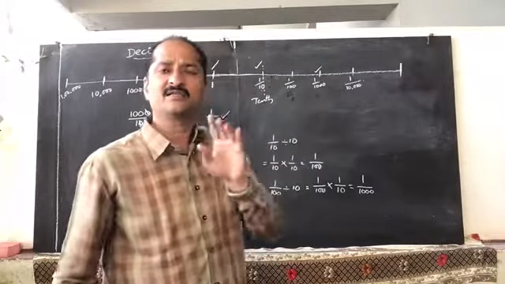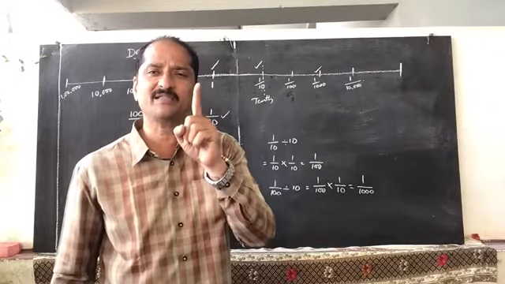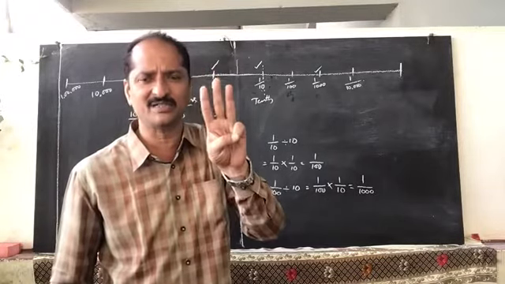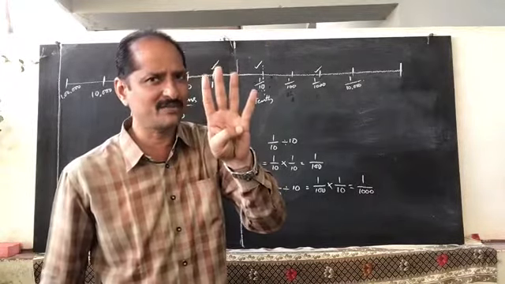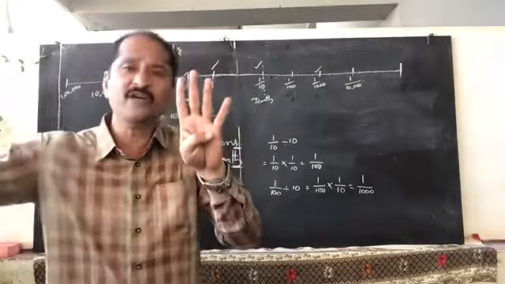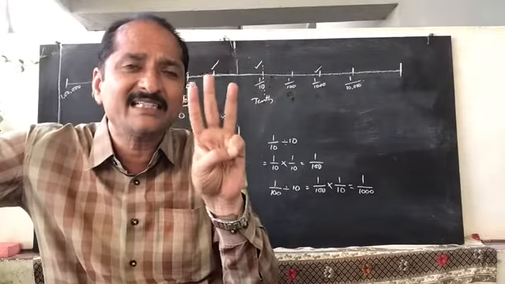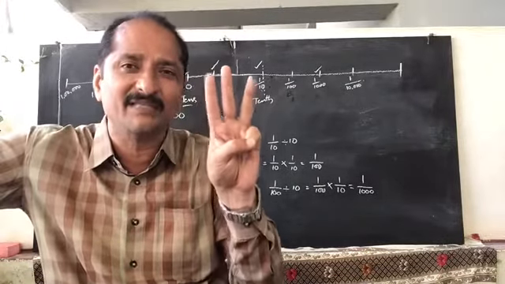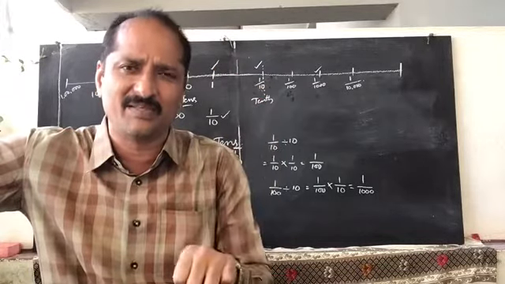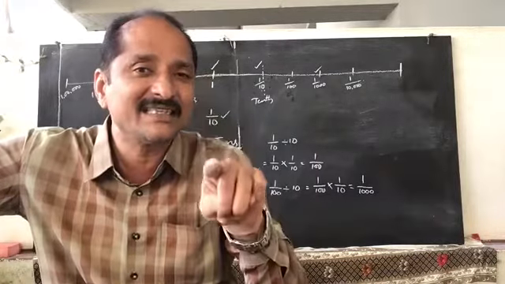That means for every decimal place there will be a 1 with zeros. In the first decimal place, there is 1 followed by 1 zero. Second decimal place has 2 zeros. Third decimal place has 3 zeros. Fourth decimal place has 4 zeros. That means 4 digits in the decimal part. If a decimal contains 4 digits in the decimal part, that is the fourth decimal place. If it contains 3 digits, that is the third decimal place. If it contains 2 digits, that is the second decimal place. If it contains 1 digit, it is the first decimal place. The first decimal place is not 1th, that is 10th.